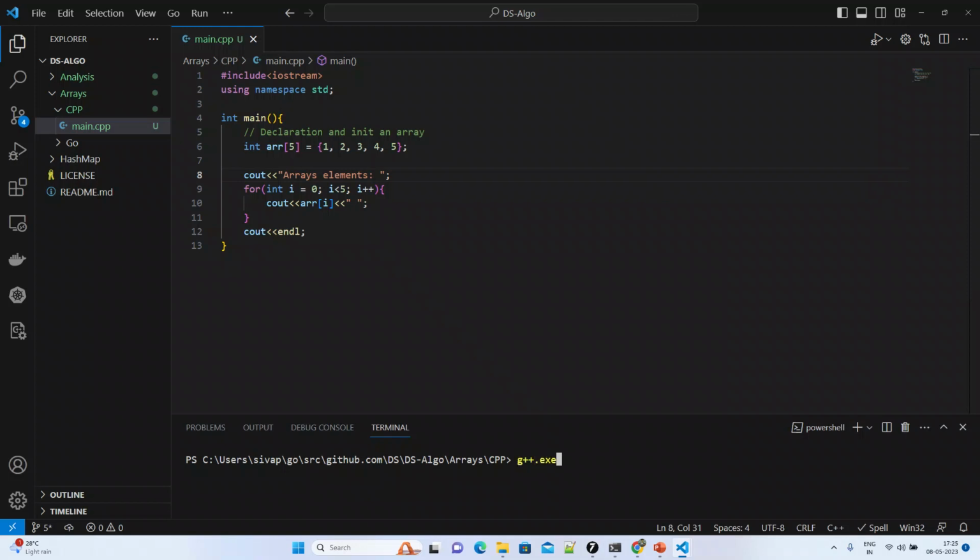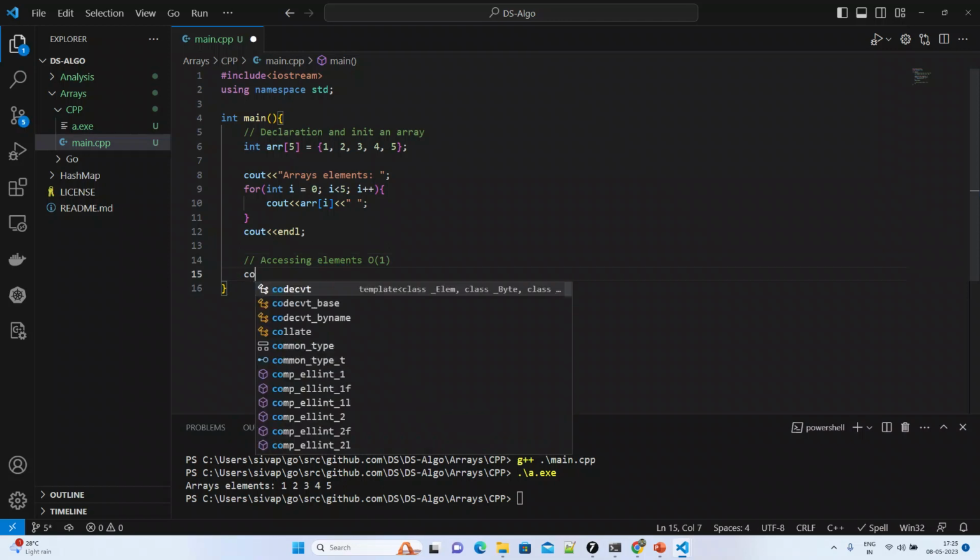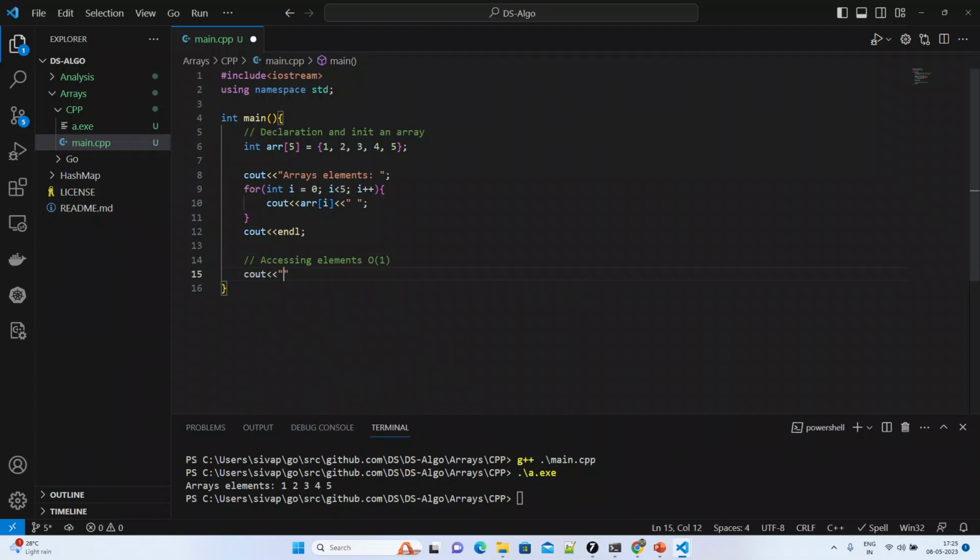Let us compile and check this out. Yes, we are able to print whatever elements the array contains, right? So what we will do next, as we discussed, is accessing an element. Accessing an element will take O(1), constant time. If you know the index, it will just access it. How will it look? Trying to access the element at index